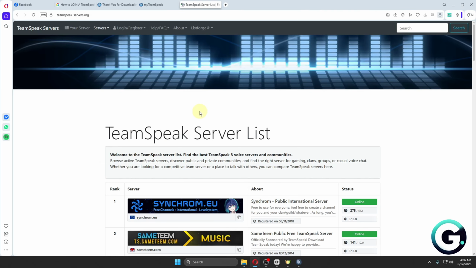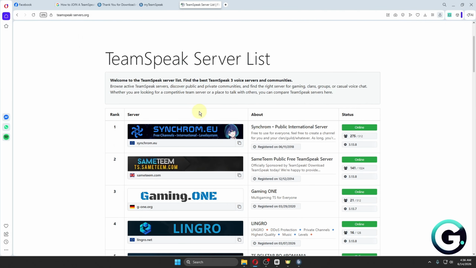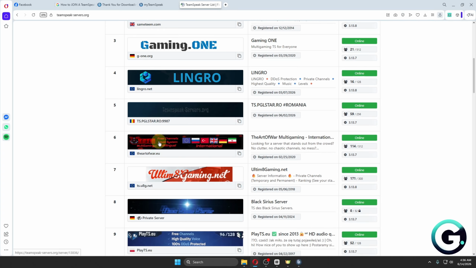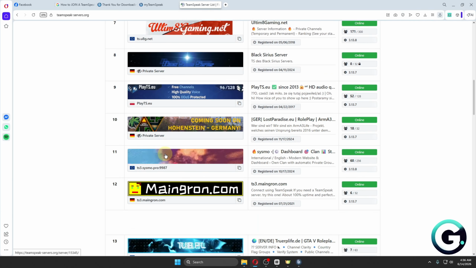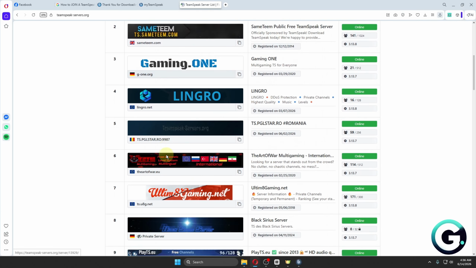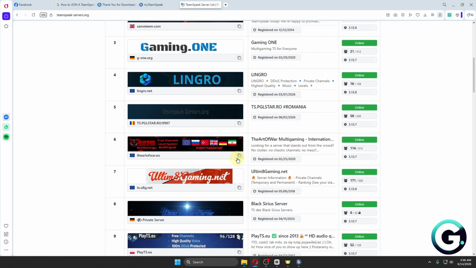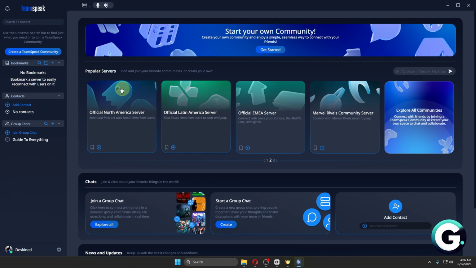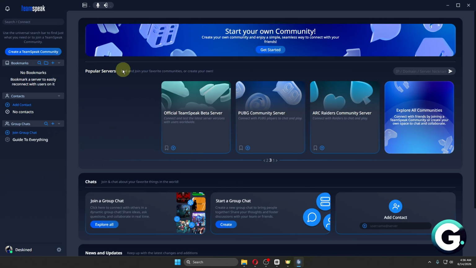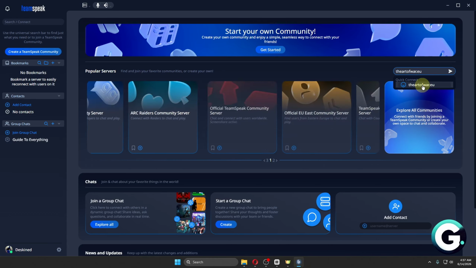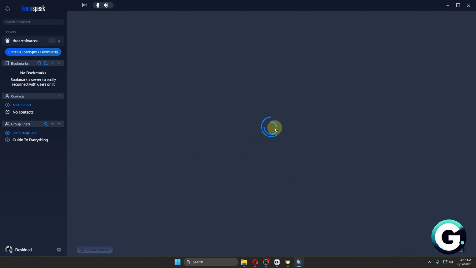Now I'm going to be navigating through the list of the popular servers out there, and it's going to look something like this. Let's go ahead and grab a popular server like the artofwar.eu. So let's just copy it, head back to TeamSpeak, and to finally connect to that specific server, just click on the popular servers. In here you have the text bar. Go ahead and paste it, click on the quick connect, wait for the loading to finish, and simply right after